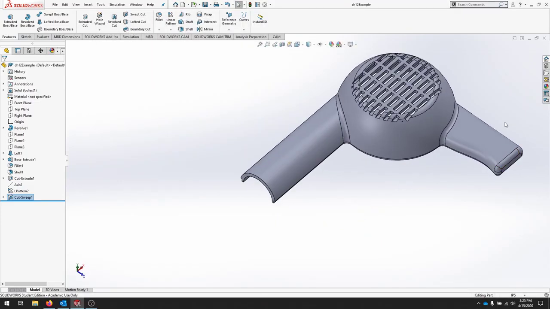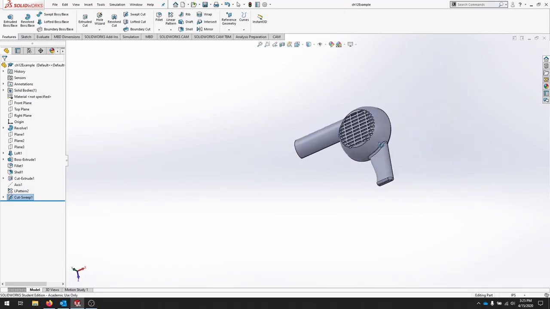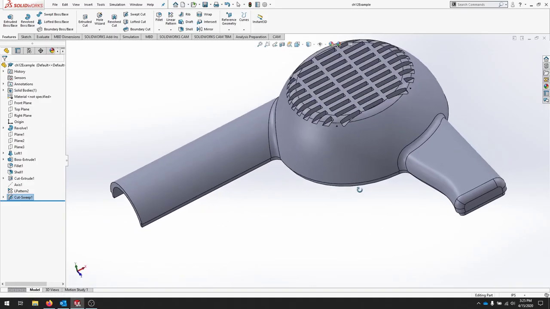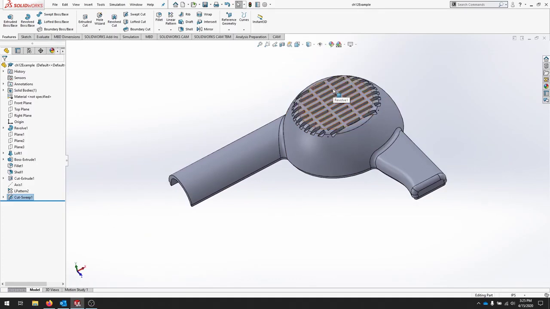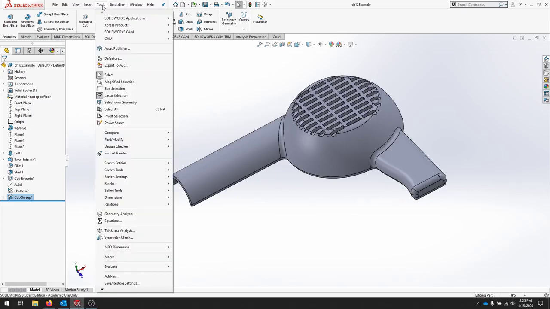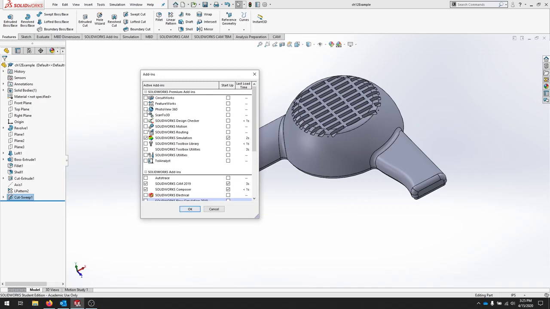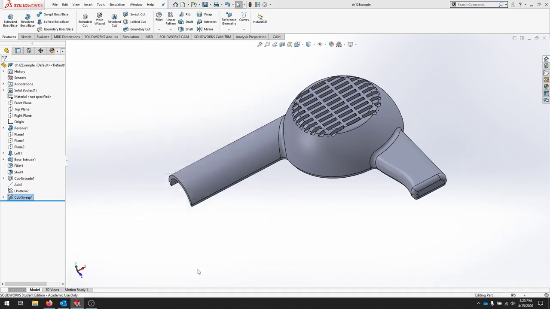Since this could potentially be a product, this is a good time to show some model views of this. So we're going to use PhotoView and create some scenes. So if you go to your add-ins under the toolbar, tools, add-ins, look for PhotoView 360 and click OK. You should get a render tools,